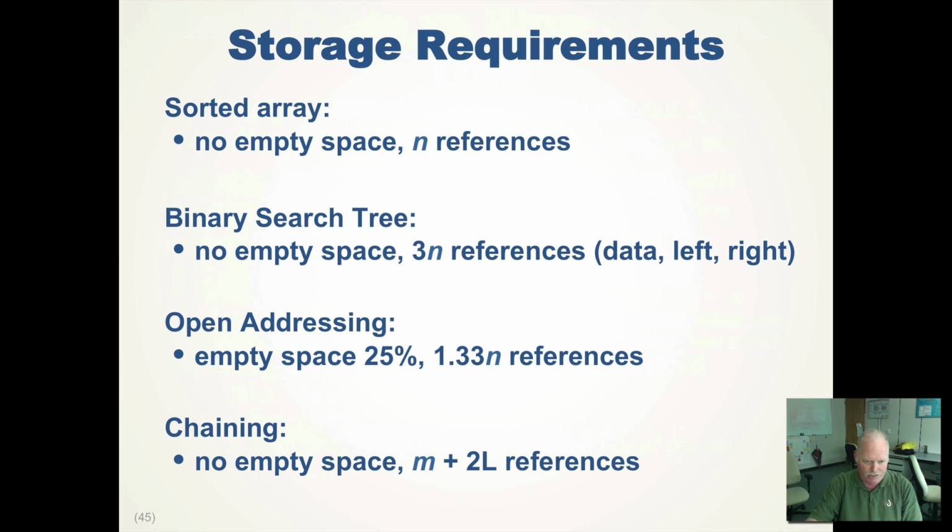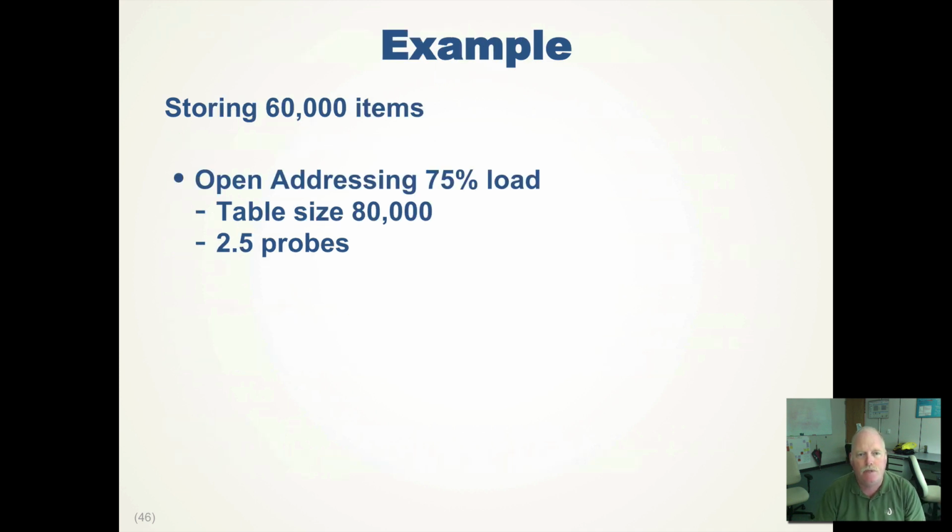Open addressing, we keep the load factor at 0.75, so we need a third more space. And then in chaining, we have m entries in the table plus 2 times the load factor references, so that actually is the number of items. For each item we have 2 references, the head pointer and back, plus we have space for the table. So for example, if we wanted to store 60,000 items in our table using open addressing, we need a table size of 80,000,